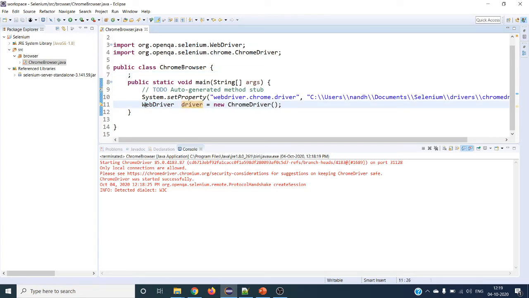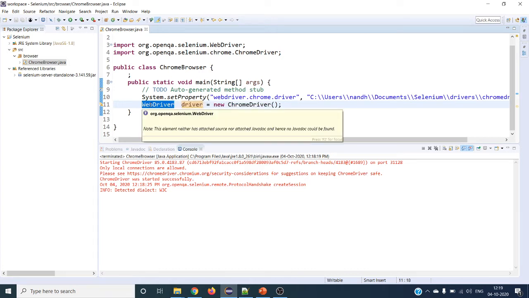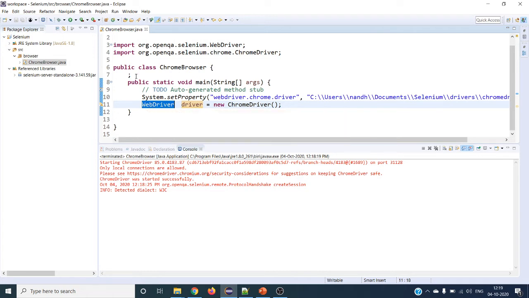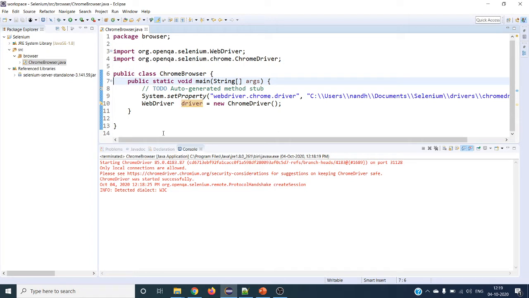You can work like this also. We can go for this WebDriver interface when we are going for multiple browser testing in the same script, or the same test case creation or same framework. Unless you are going for multiple browser testing, you can directly go for Chrome driver. There is no harm in that, right? So let me try with Chrome driver itself and see what will happen.